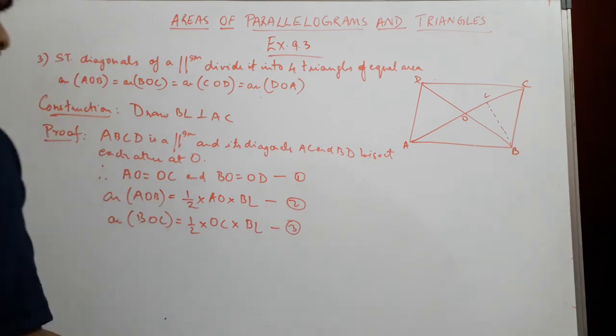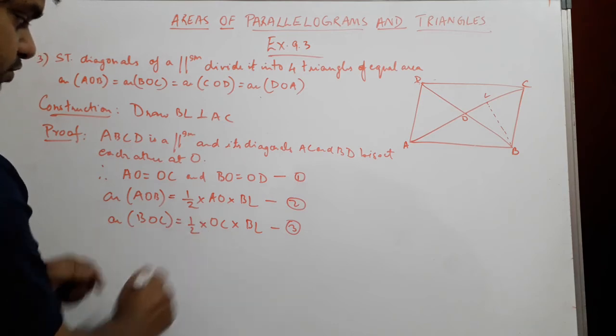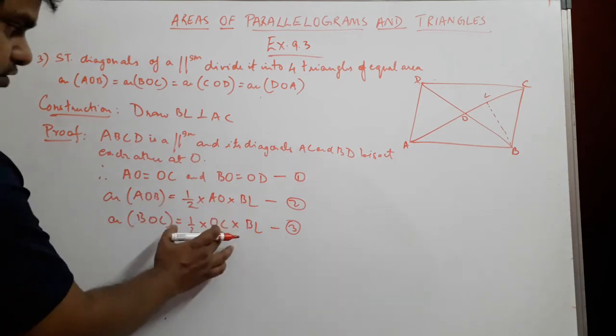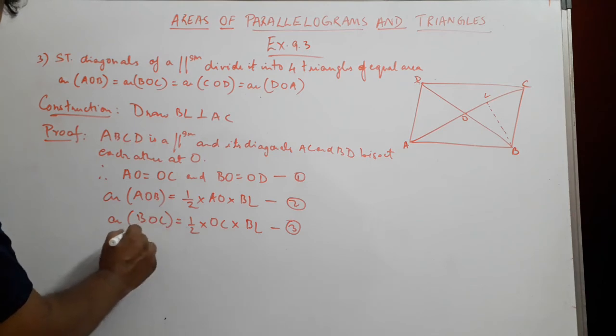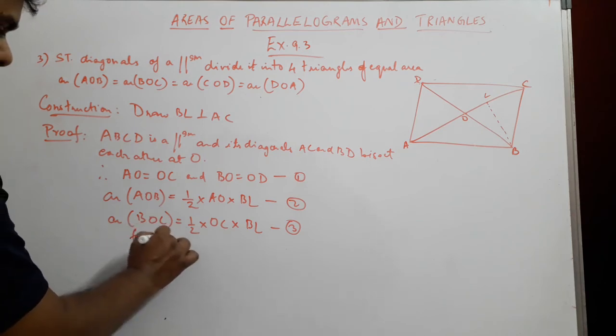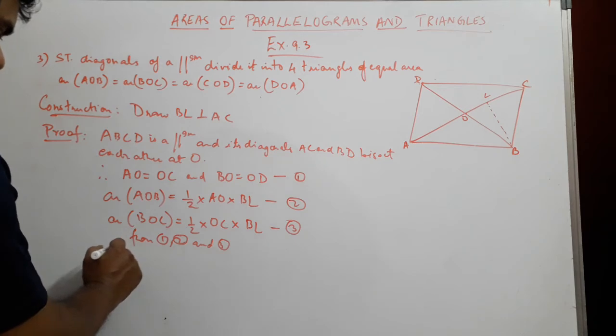Mark this as 3. So from 2 and 3, if you have a look, we can easily state that they are equal to each other, because AO is also equal to OC. So we can say from 1, 2 and 3 we get